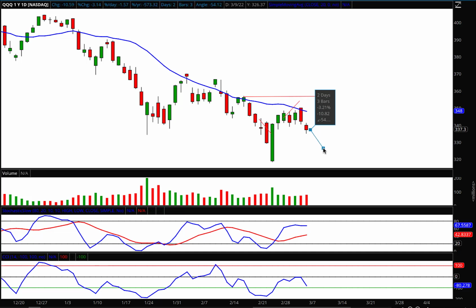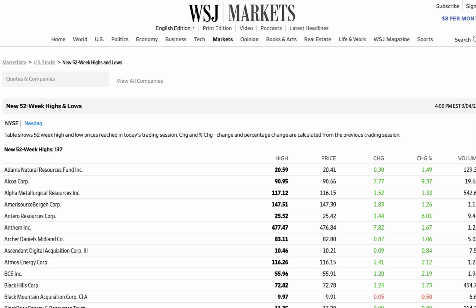So I'm going to draw that line just like that in the same angle. The downside target is 325.02. Again, the oscillators are hinging lower. And one other point I want to make, if we look at the advanced decline for the 52-week high-low list on the wallstreetjournal.com page, you can see